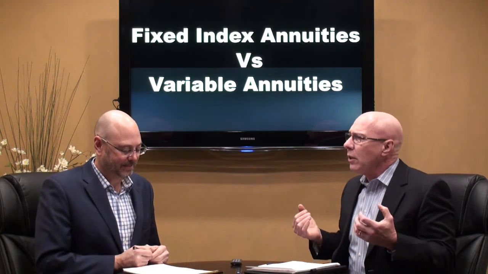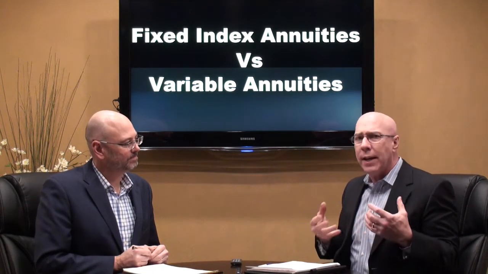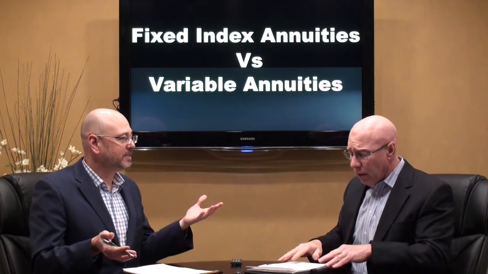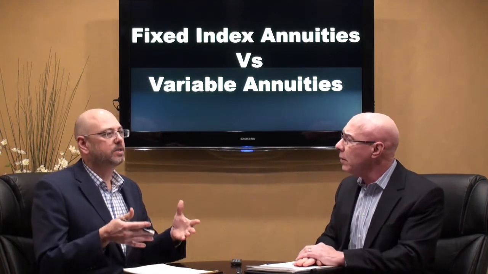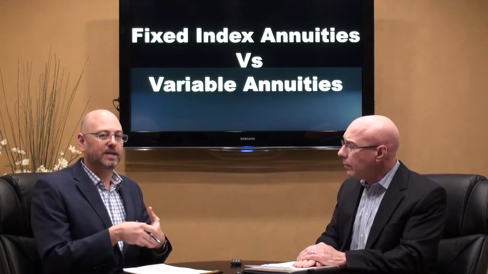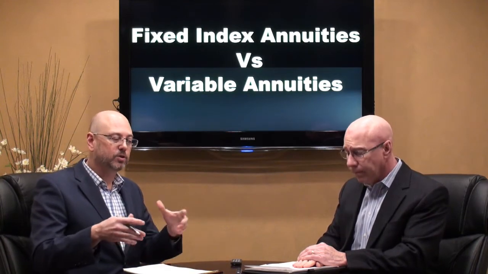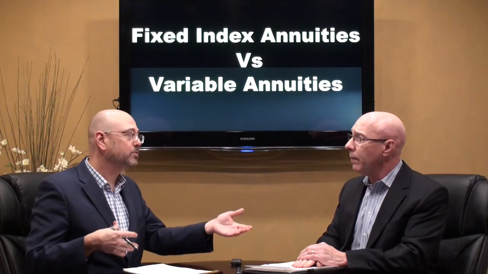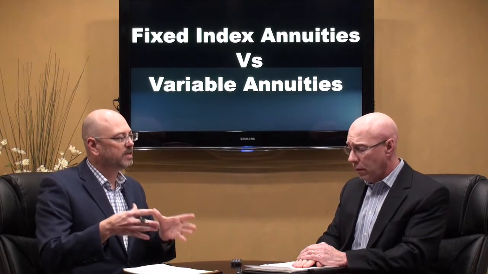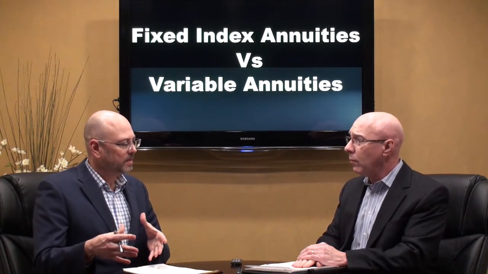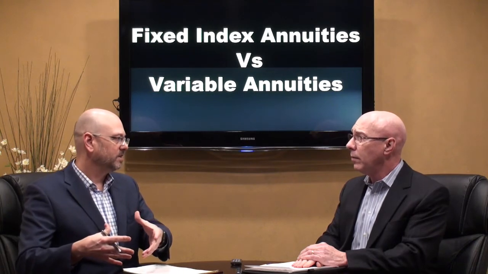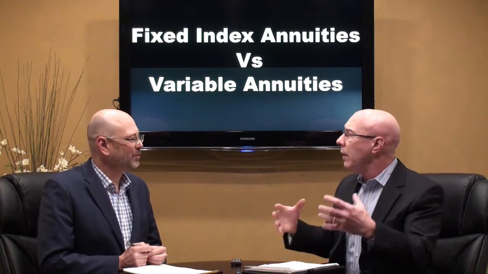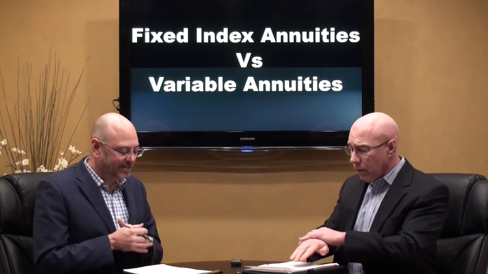Exactly. But let's touch on some of the reasons why fixed indexed annuities have been so popular, Eric. First and foremost has got to be the guarantees, right? I absolutely agree, because when somebody's buying an annuity, it's usually for the guarantees. With the variable annuity, you're usually getting a minimal guarantee, typically if you purchase an additional rider, and that's usually true of an index annuity too. But because of the risk the insurance company has to take, they're able to offer a better guarantee on an index annuity than on a variable annuity, because they have more in reserve and less volatility in those investments than in the sub-accounts. I think the volatility is the key aspect there.